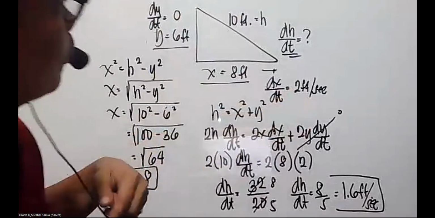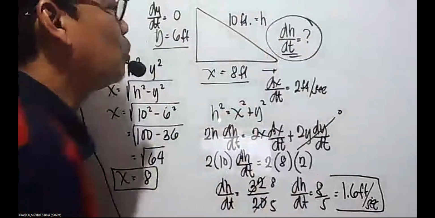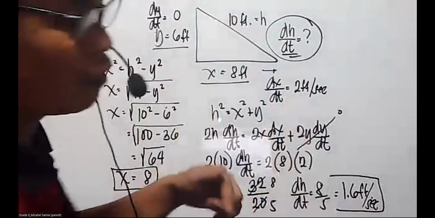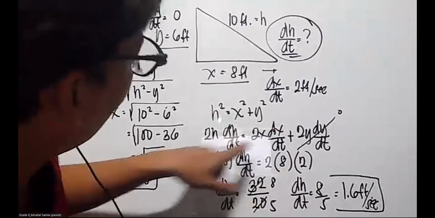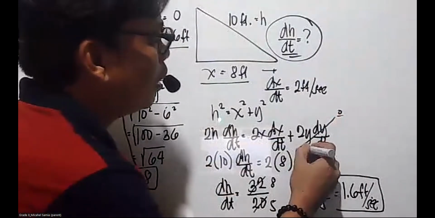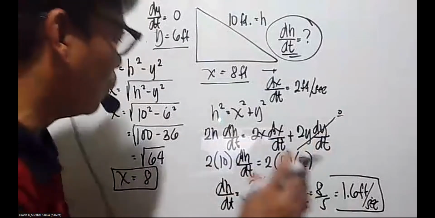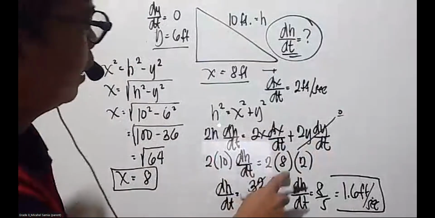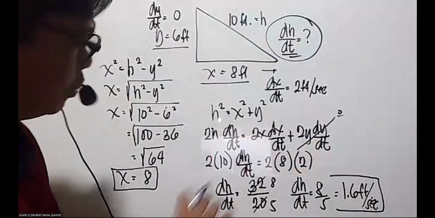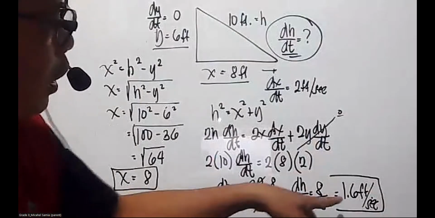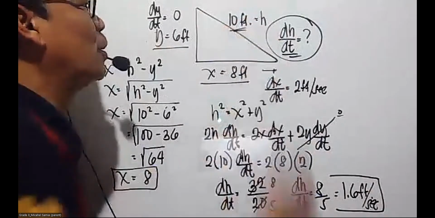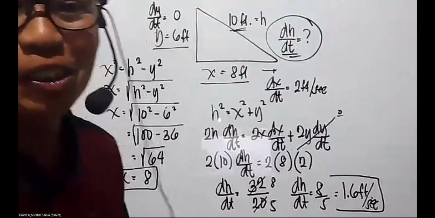Now, x is given at 2 feet per second. Now, we're looking for the rate of change of the hypotenuse. Using the Pythagorean theorem and differentiating both sides since they are functions of time, we could have this value. And then since dy/dt is equal to 0, there's no change. So 2y multiplied by dy/dt is equal to 0. And then inputting the values, hypotenuse of 10 and x is 8, and your rate of change dx/dt is equal to 2. So just manipulating the equation, we get the value of 1.6 feet per second. That's the increase of the hypotenuse of the triangle. Okay, so hopefully, Josh, it's clear.